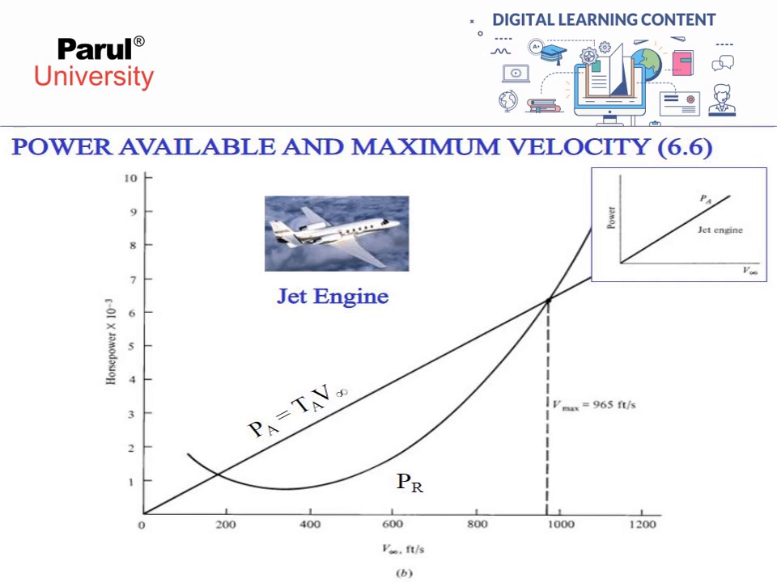Now the power available and maximum velocity. We can see the power required curves, and power available for a jet engine is equal to TA into V infinity, a straight line starting from the origin, linear, right? Then the intersection between the 2 curves, PA and TA, gives the maximum velocity, 965 feet per second, right? And here it will be the minimum velocity also, but at maximum TA, maximum PA, it will be the maximum V. Okay, next,